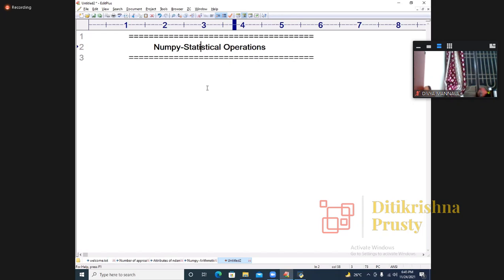Statistical operations, I want to go for it. On the object of ND array, that is nothing but numpy arrays. Actually, the arrays concept is not there in normal Python programming. To deal with arrays, we are going for numpy. On the object of ND array, in brackets numpy arrays, to perform